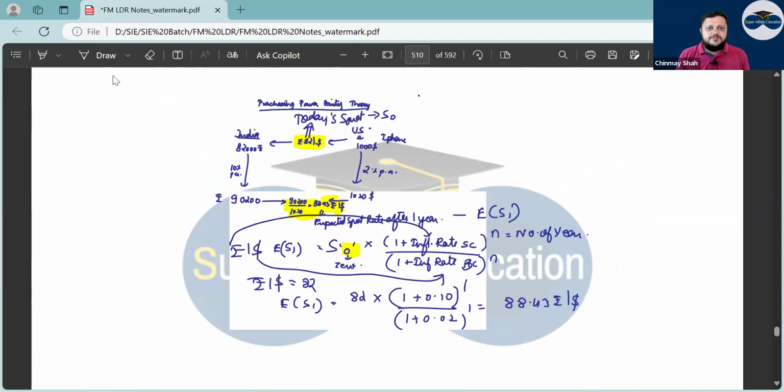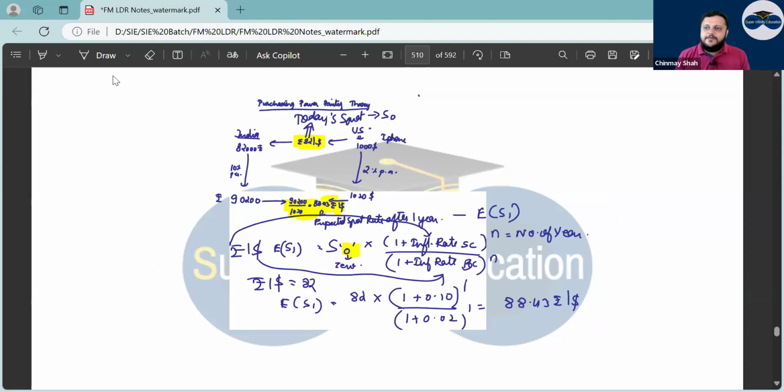Tell me. Triple PT कितना है देखो. How do you calculate triple PT? Triple PT, does it help you to calculate expected spot rate or expected future rate? Tell me. Triple PT. Expected spot rate. So if you have a rupee by dollar rate and you want to find the expected spot rate after 1 year, right? So ES0, that is spot today, into 1 plus inflation rate of secondary currency by 1 plus inflation rate of base currency raised to n is number of years.